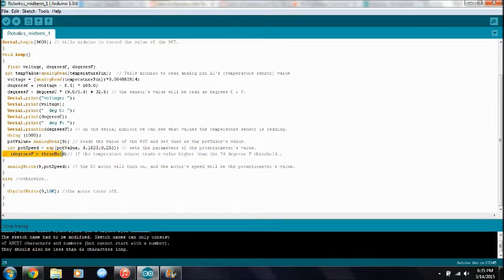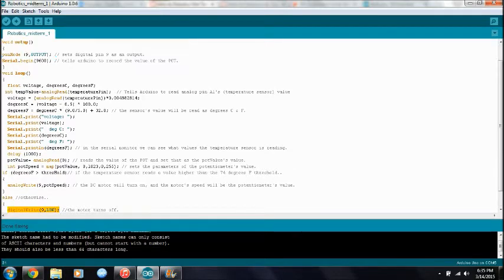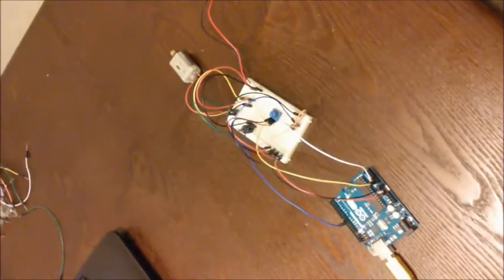I have an if-else statement declaring that if the degrees Fahrenheit read by the temperature sensor is above the threshold of 74, pin 9 will go high. The speed of the motor will be determined by the potentiometer's value. The else statement says the motor will stay low if the degrees Fahrenheit read by the temperature sensor is below